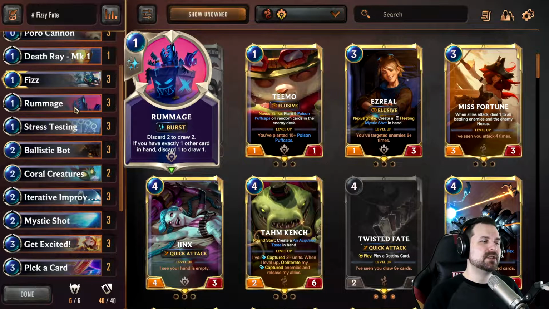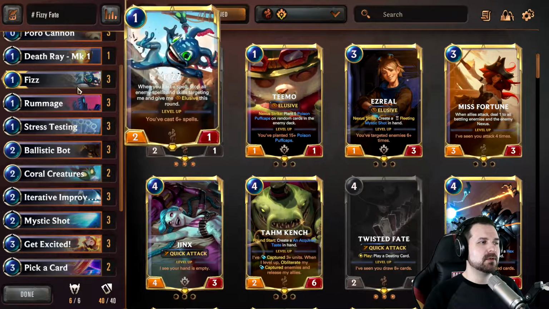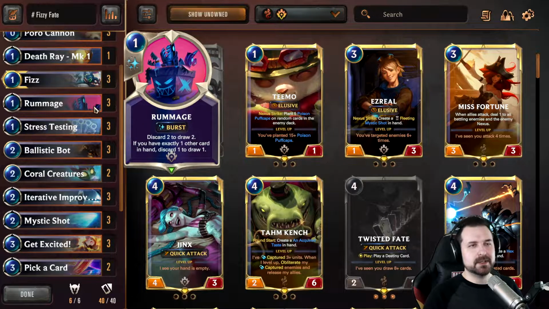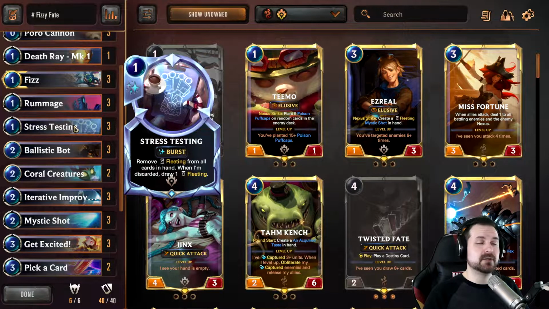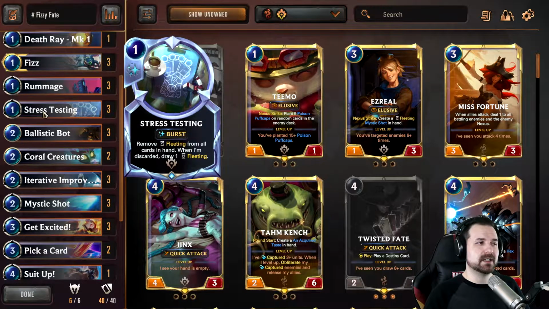So Rummage is a card that lets you dig very deep, but you have so many created cards, whether it's ignitions created by Ballistic Bot or Poros or stuff from Burblefish, etc., that it's very easy to find 2 things to discard. And then if you're discarding stress testing, you draw even more. So I'll, for example, say I run 3 stress testing in my list. I know a lot of versions of this only run 2, but I run 3